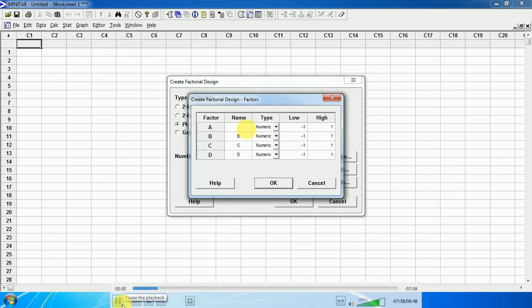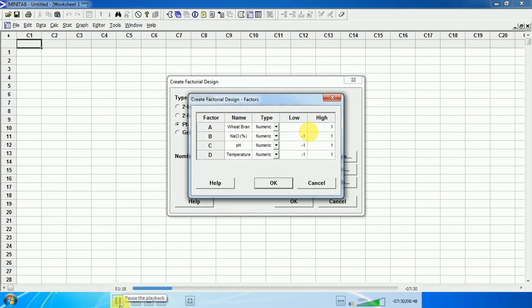Then we will define the factors. First our factor is wheat-bran, and another is NaCl concentration in percentage. Then our third factor is pH, and our fourth factor is temperature. So we will select the lower and higher values of these.